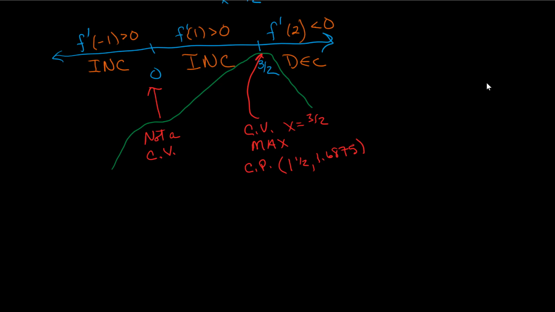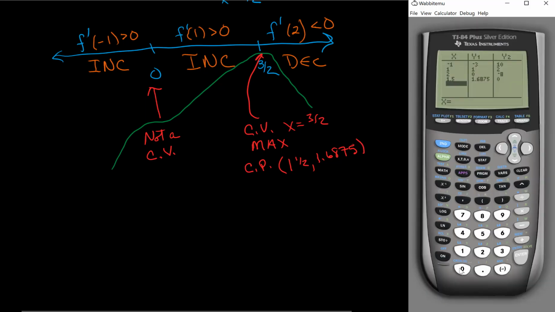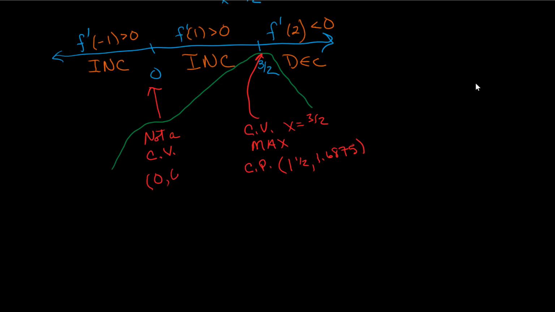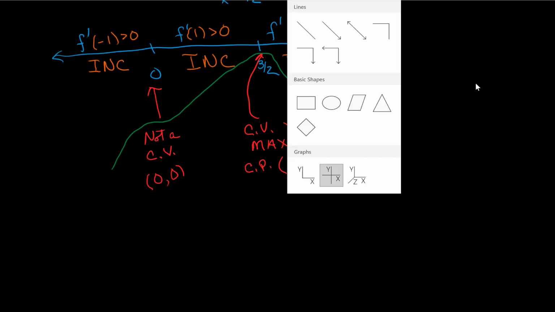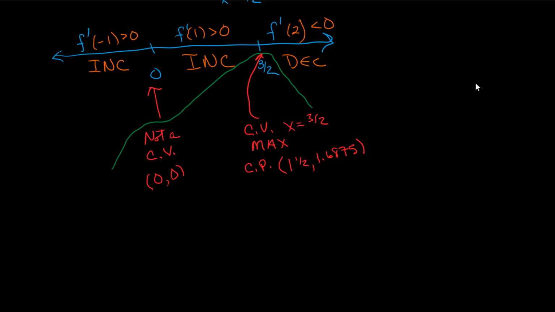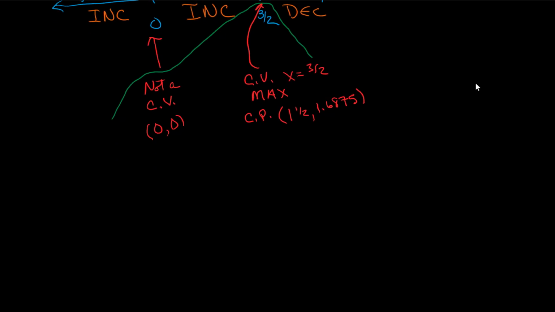Something to notice here, at 0, while it's not a critical value, it is kind of an interesting point. So I'm going to go ahead, plug 0 in, and look at what the y value is when the x value is 0. So this gives me the x value is 0 and the y value is 0. With this information, and you can see I've already sort of got a graph sketch there in green, but what we can do is